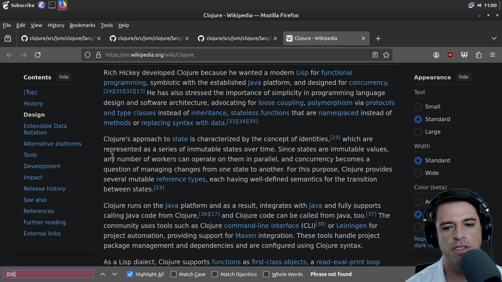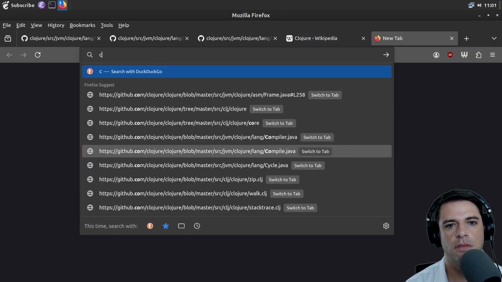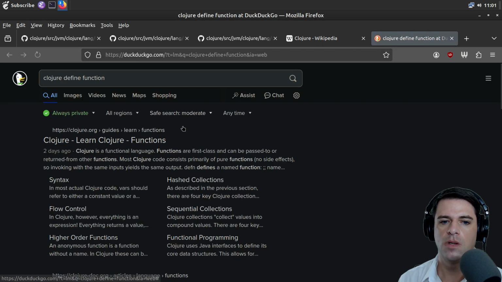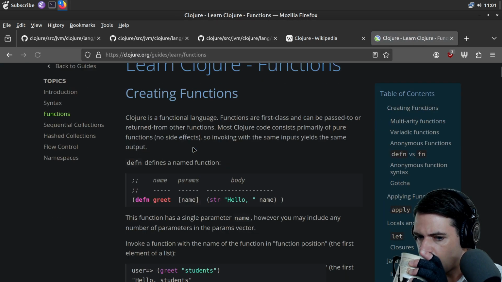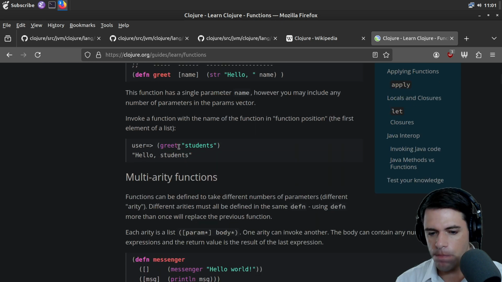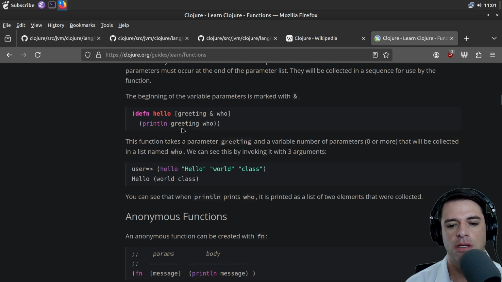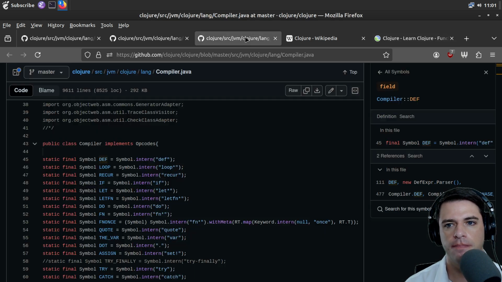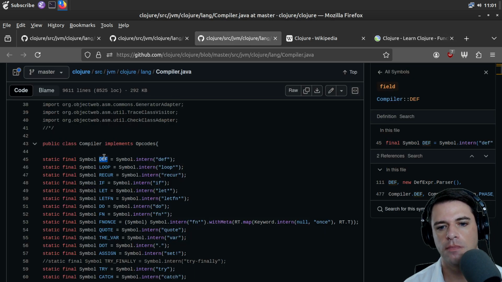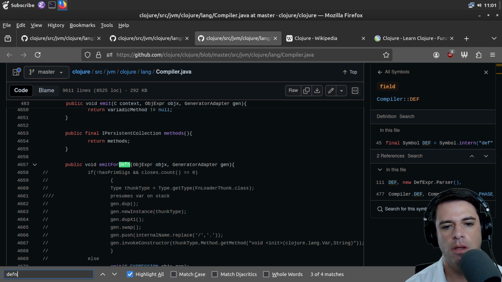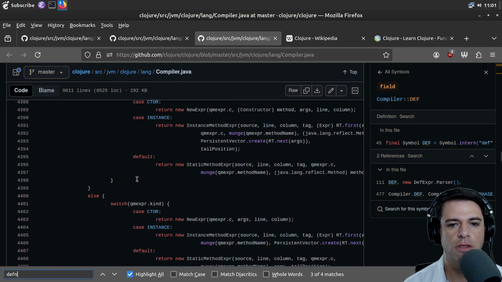Def should define a function. Oh no, defn defines a function. What does def do? I don't know. Do we have a defn? We have emit for def. I'm not sure.